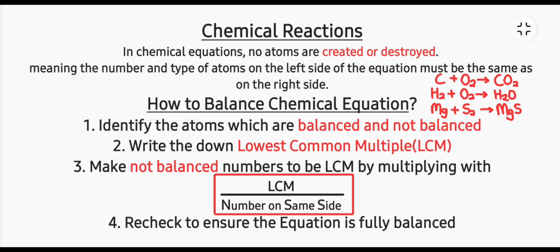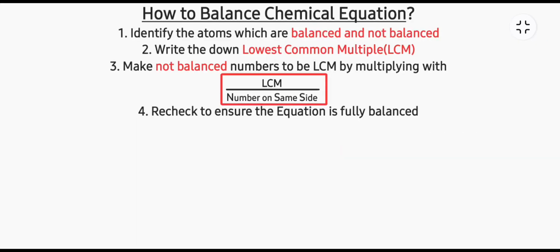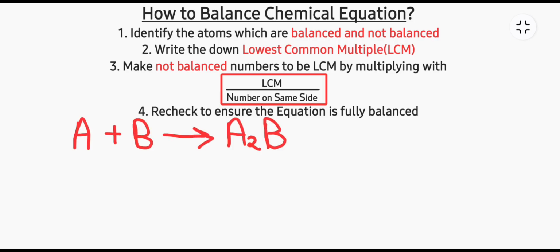And then after following those 3 steps, I will do what? I will recheck to ensure the equation is fully balanced. Now I will guide you on how to balance using those 4 steps. We will balance two examples, and we will follow these steps to show you how to balance using them. So example 1 will be